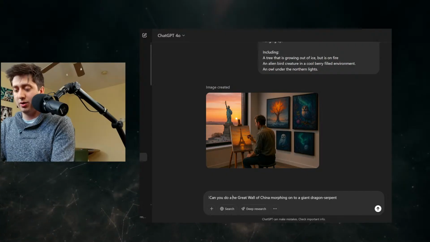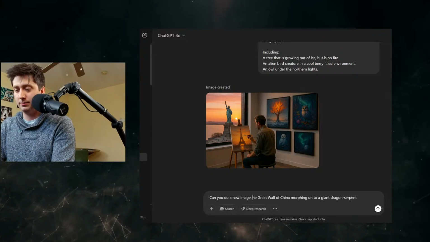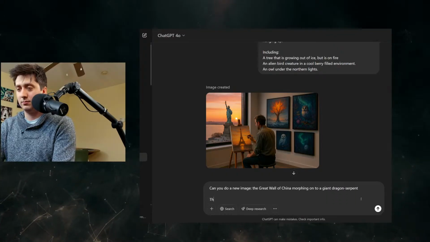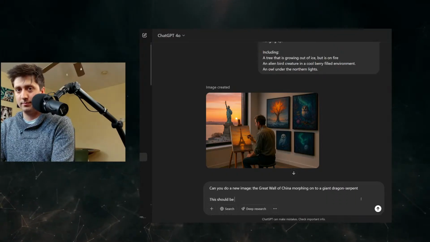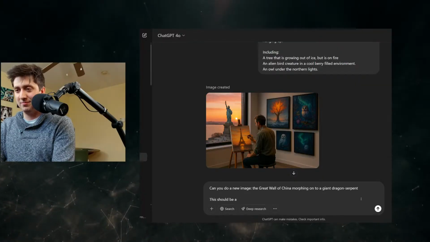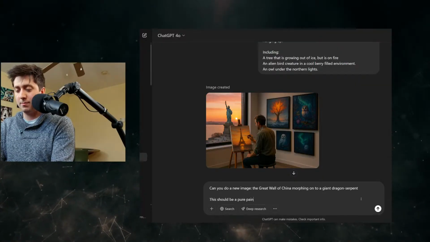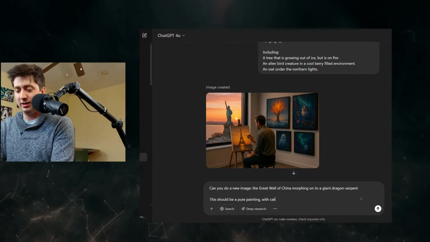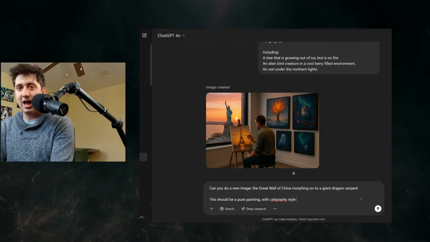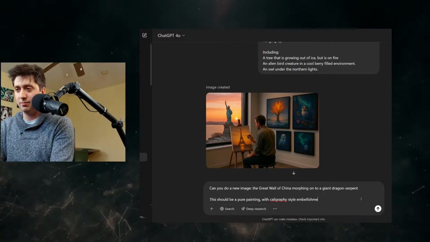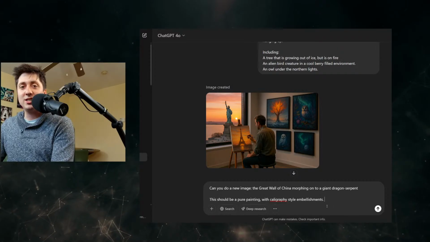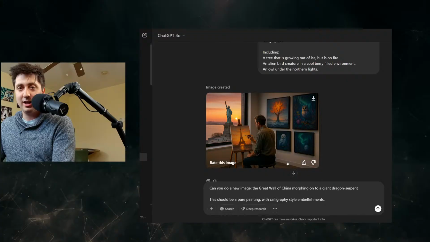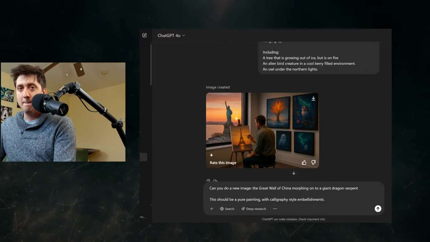I'm going to say, can you do a new image, the Great Wall of China morphing into this? A pure painting with calligraphy style embellishments. So I sort of want to see, and what I think so far in my experience is that it's